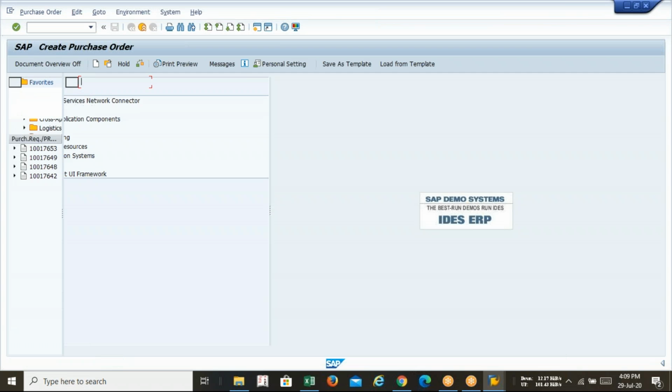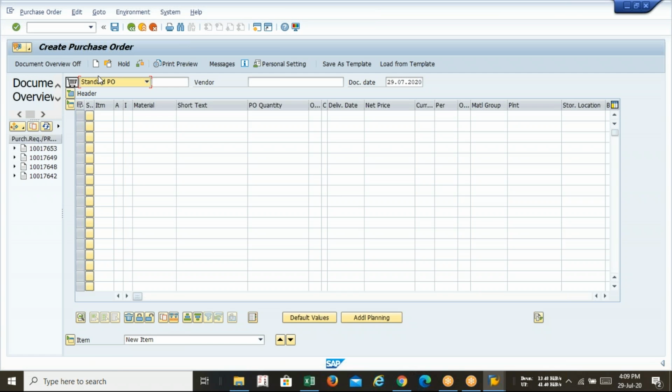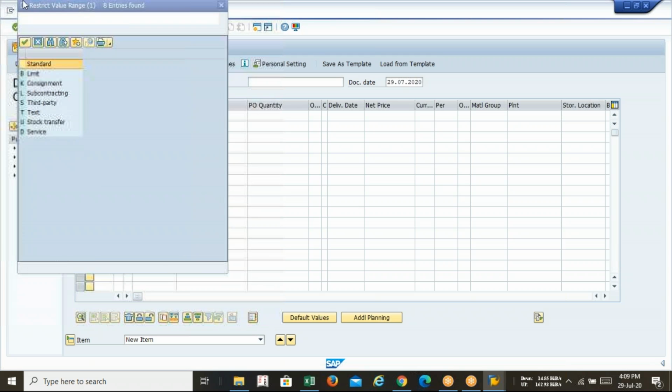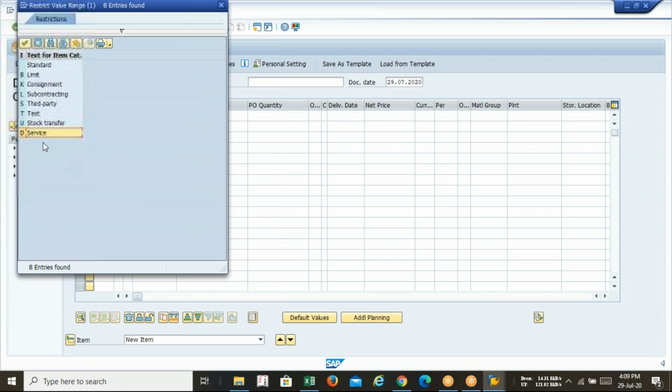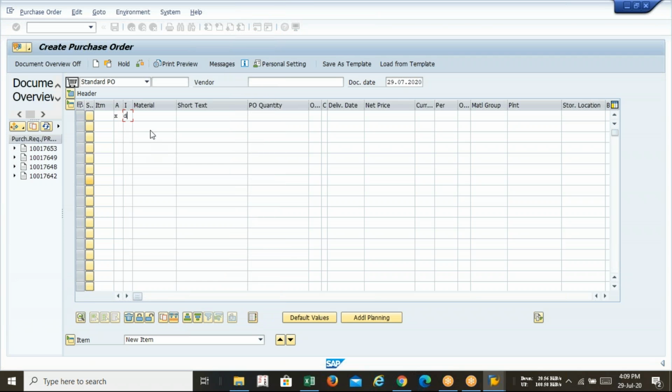But there are some differences in the service order. Okay, what are the differences? In the service order, you have to select account assignment and item category. So I told you have to select X and D. What is the meaning of D? D is for the service. So you have to select XD. Okay, X for miscellaneous, auxiliary, and XD. Pure quantity, here you can mention or you can avoid also.